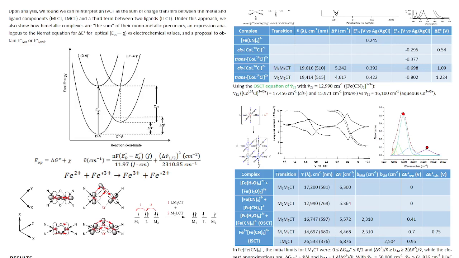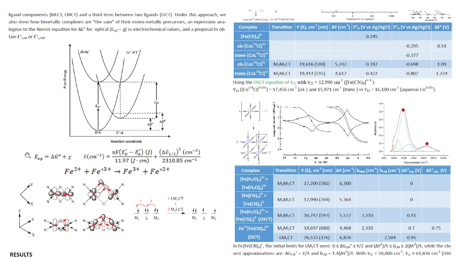This is related to the Marcus theory of electron transfer, but compared to Marcus theory, where the process involves thermal energy, delta G hash, this process is done through optical energy by involving an optical absorption, the absorption of energy from the visible, infrared or ultraviolet region of the spectrum. The expression for this is the one shown here, which expressed in wave number terms is the one shown